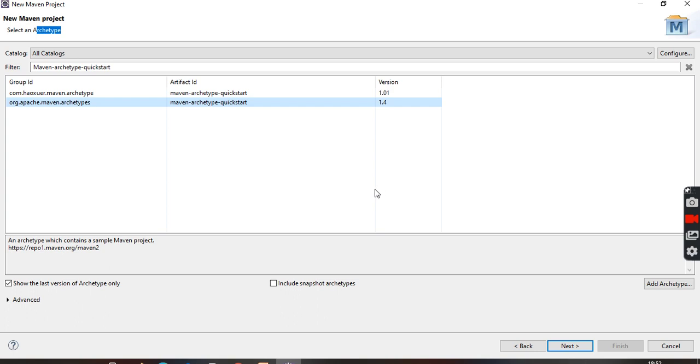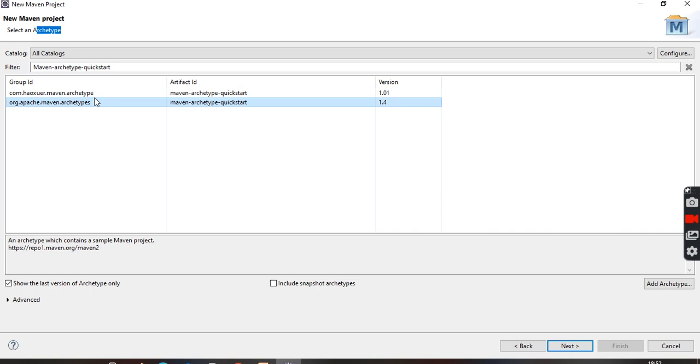Again, the question will come to you: what is this group ID? What is this artifact ID? Group ID, in layman language, is the owner, the group or the contributor who created this particular template.